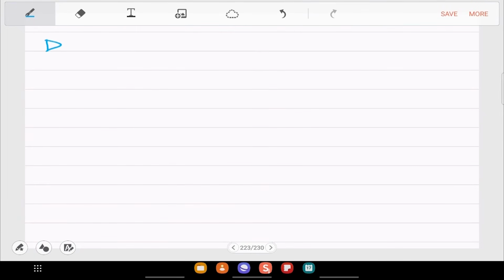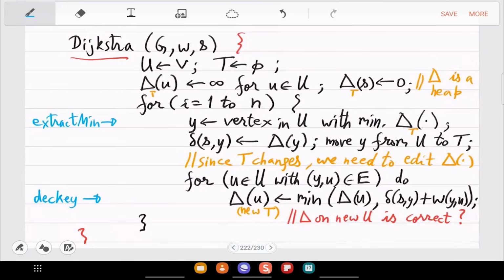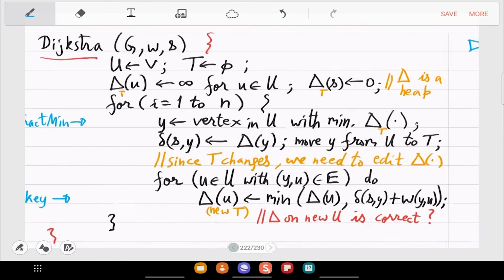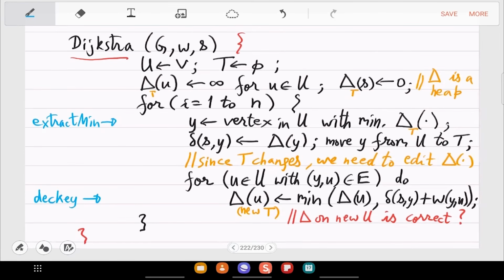So how many extract min are there? N times, 1 per iteration. And how many decrease key are there? Yeah, 1 per edge, right?